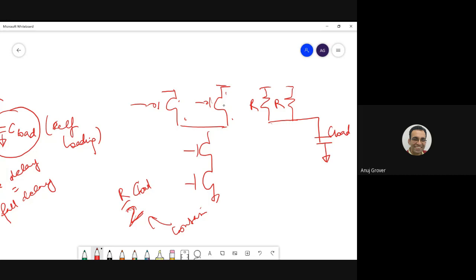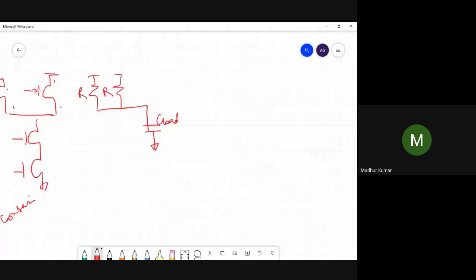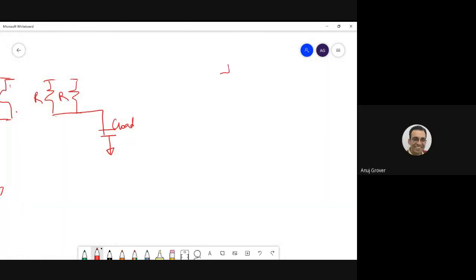Yes, sir. So this NAND gate is just too simplistic for my question. If you can add one more level of PMOSes here on the top. Okay, let's do that. Let us say something like the circuit that we just saw. Is it okay? Yes, exactly, sir. So we said 6, 6, 3, 3. Yes, sir.